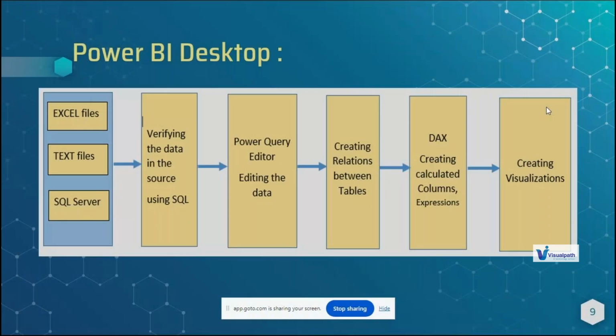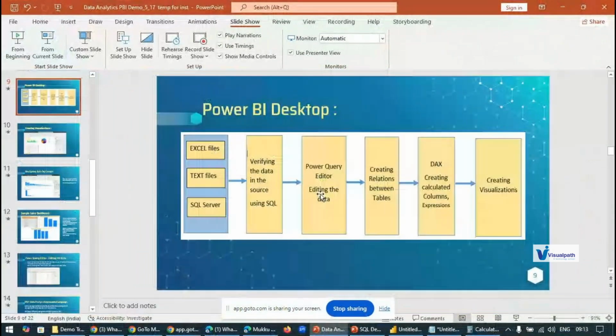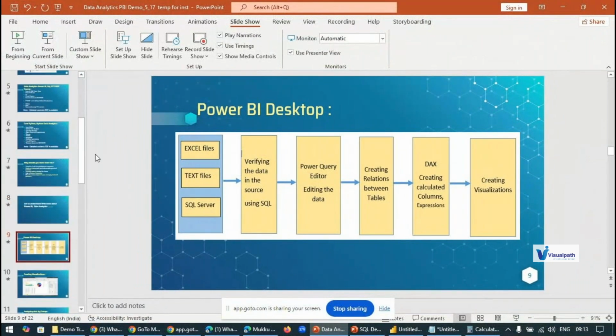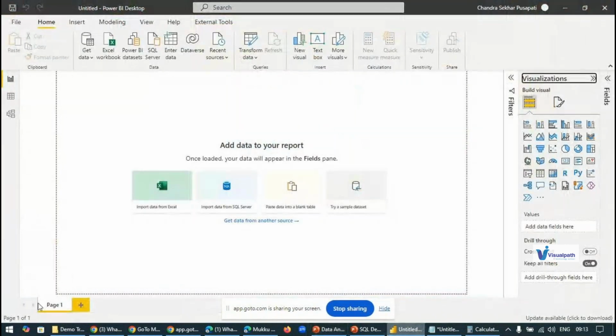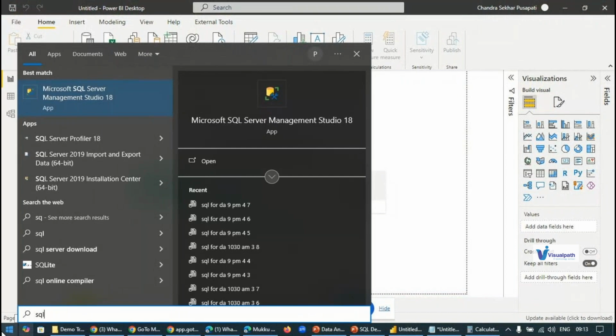See, one thing I want to clearly say is that every day's class, we don't go through slides like this. Every day's class will be a practical class. Every day you will open Power BI, you will open SQL Server and work on practical examples.